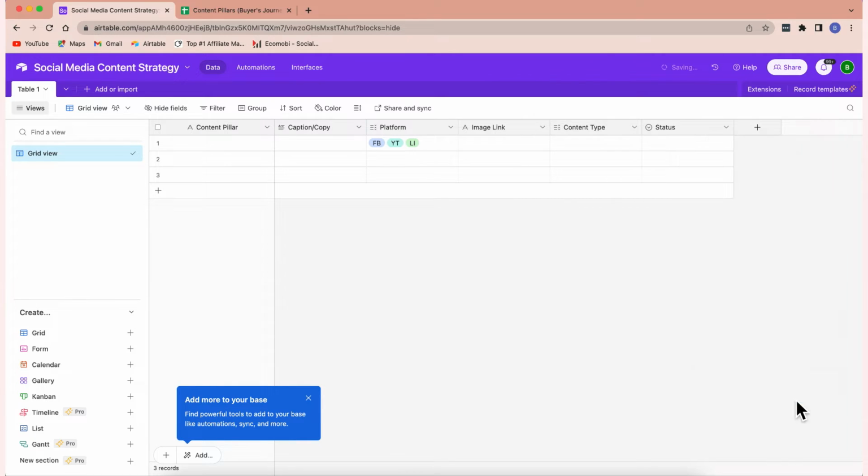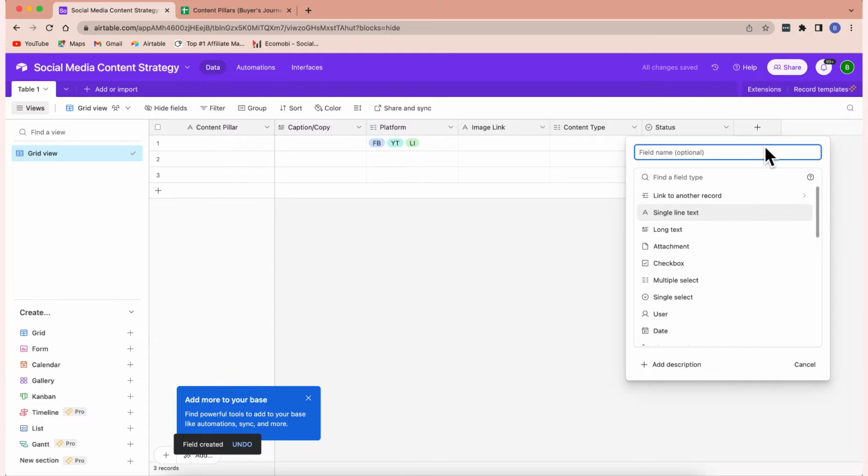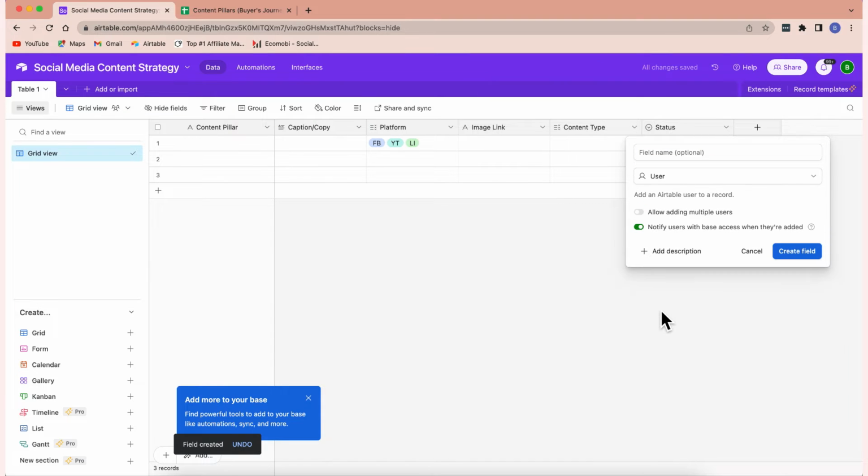And then that's that. And then, dito, pwede kayong mag-assign para ma-notify. For example, need na ma-check ni client yung ginawa nyo. You can assign the client para magkaroon siya ng notification about your work. And then, pwede din na i-allow nyo tong multiple users. Kasi maybe you need to assign it to your graphic designer. For example, ikaw lang yung naka-assign sa content tapos iba yung gagawa ng design or iba yung gagawa ng video. So, you can also add them here as well.